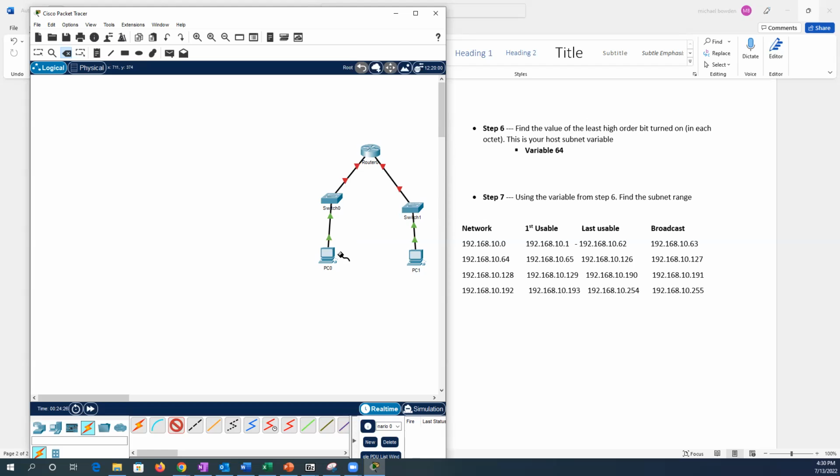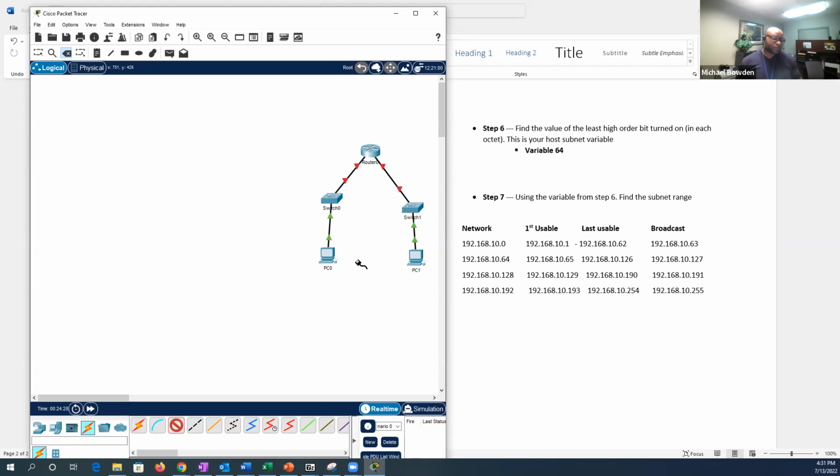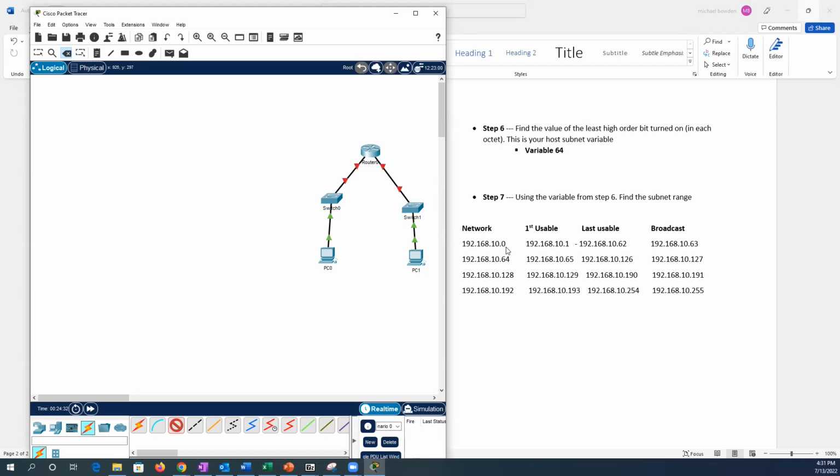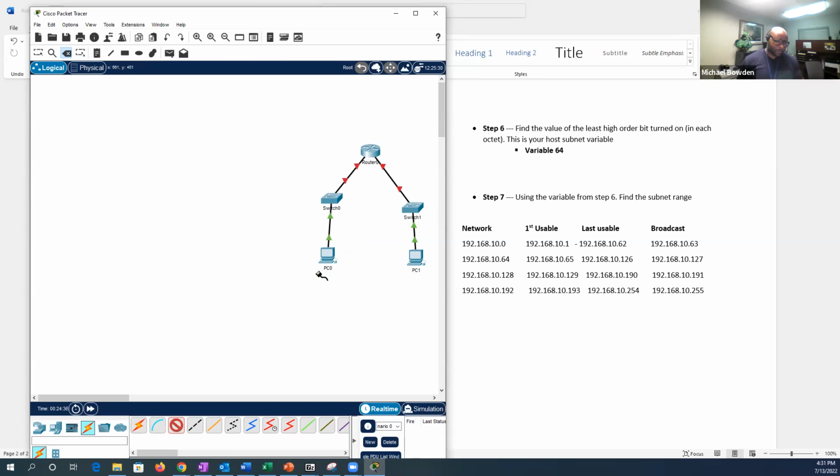And then also, just from looking at this diagram, so if we put 192.168.10.1 here, then our default gateway on this PC will be